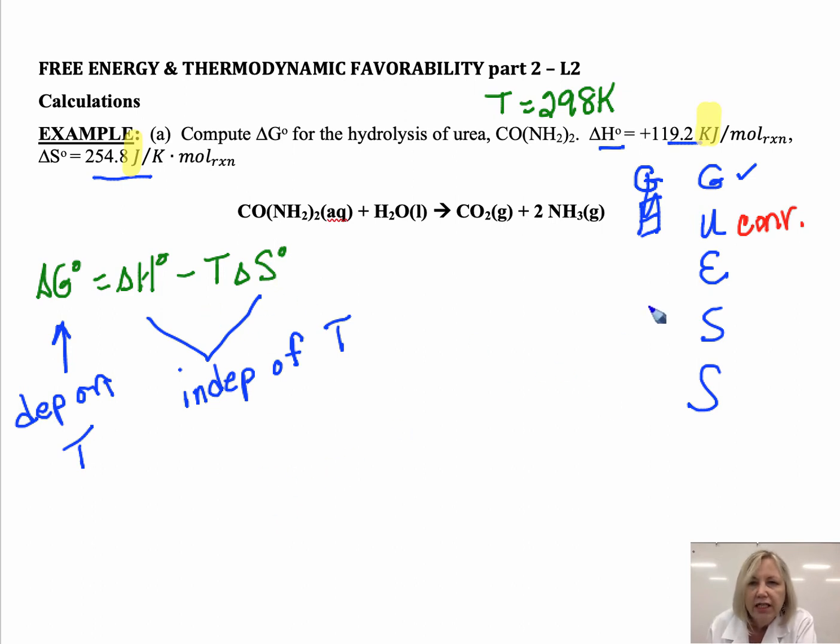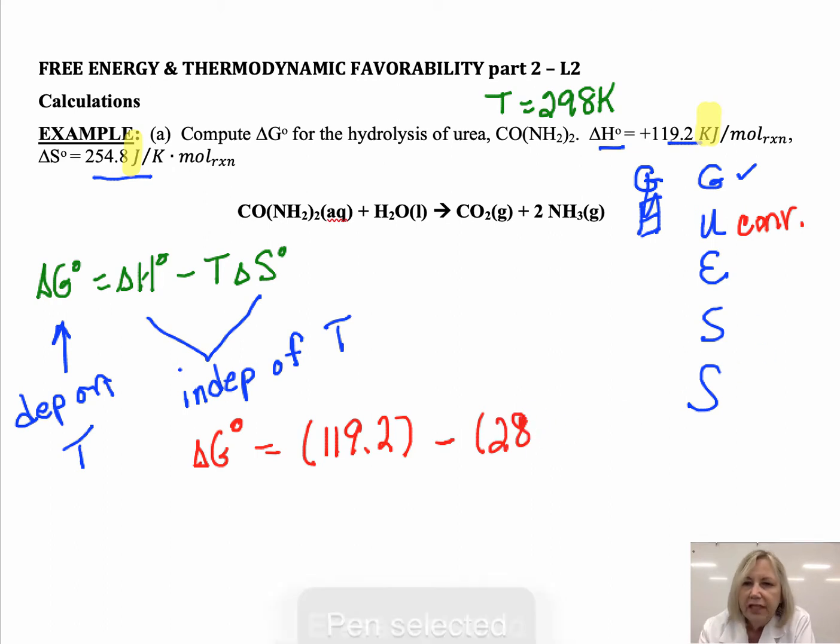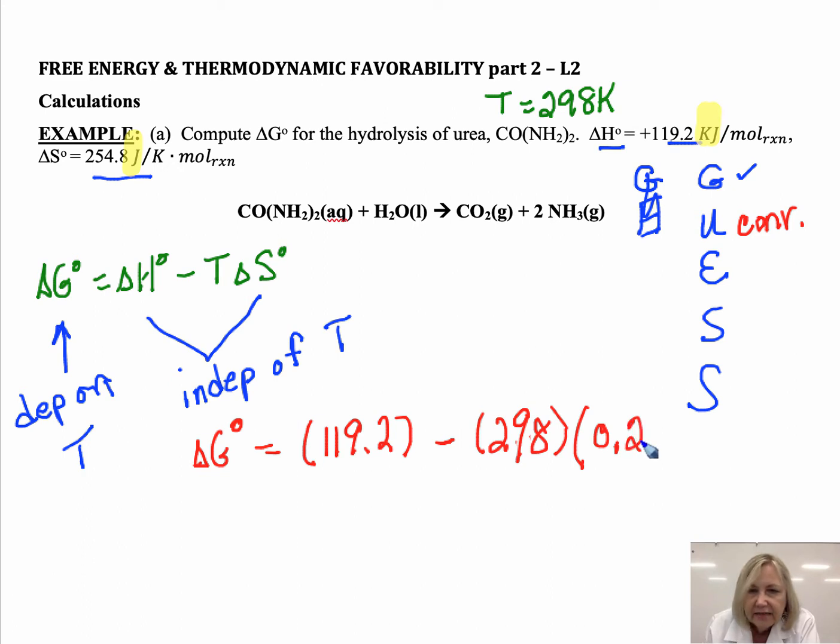We have our equation, so now I'm going to substitute and solve. Delta G naught is going to be plus 119.2 minus that 298 that I added. It should have been in the question, but many tests will say at the beginning that you need to make the assumption that it's at 25 degrees Celsius or 298 unless you're told otherwise. So that's 298 Kelvin. And now I have to convert one or the other for no reason at all. I'm going to convert my delta S